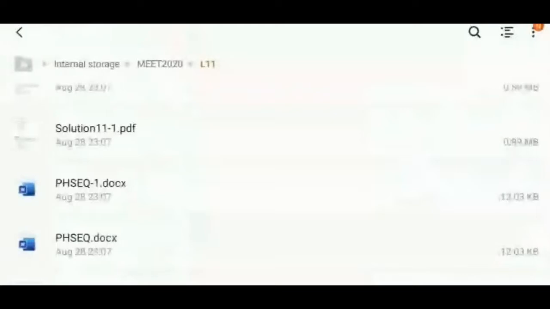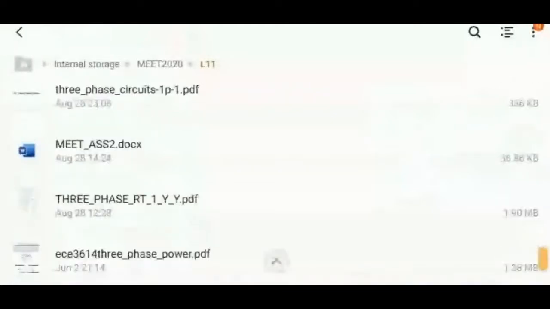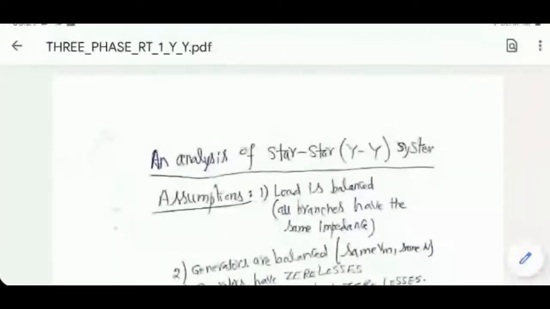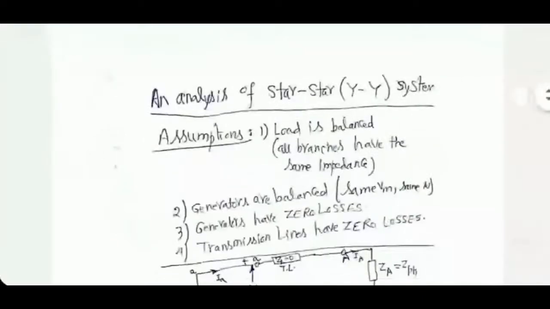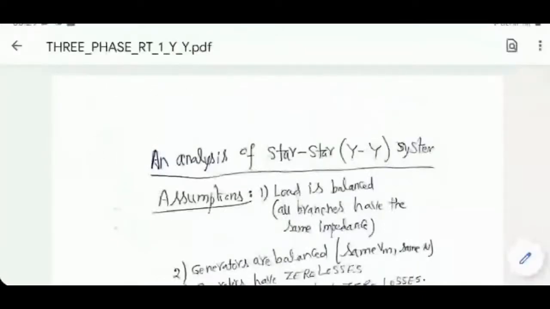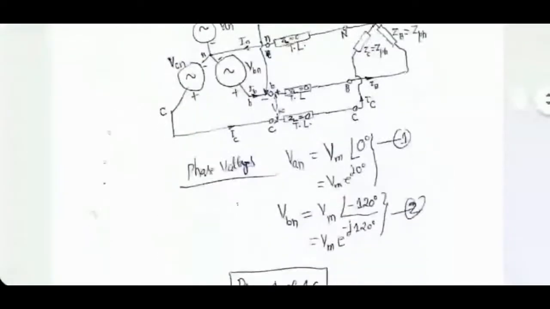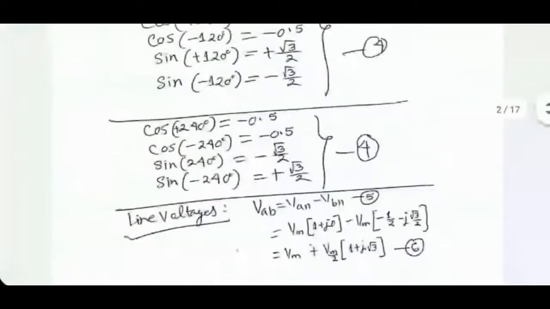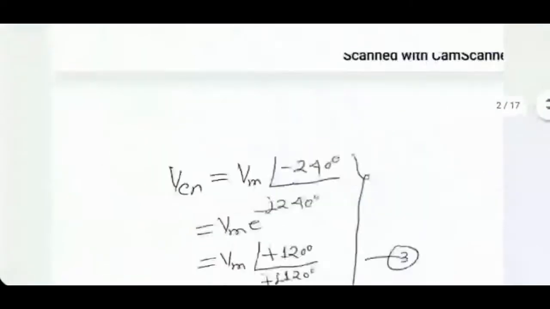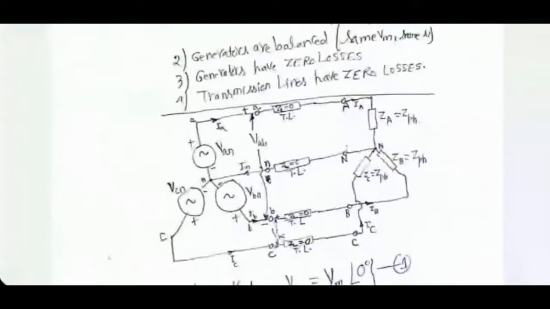Now, let me wrap up by showing my own document, the rest of it at least. Yeah, this one. We went through this. Now I have corrected it. In fact, I have improved one page where a lot of things were missed during scanning. Essentially, what we did was I drew this diagram of a balanced YY system. These are the notations I'm using. Lines have zero impedance. Neutral also has zero impedance. Sources are ideal. That means they have no internal impedance.